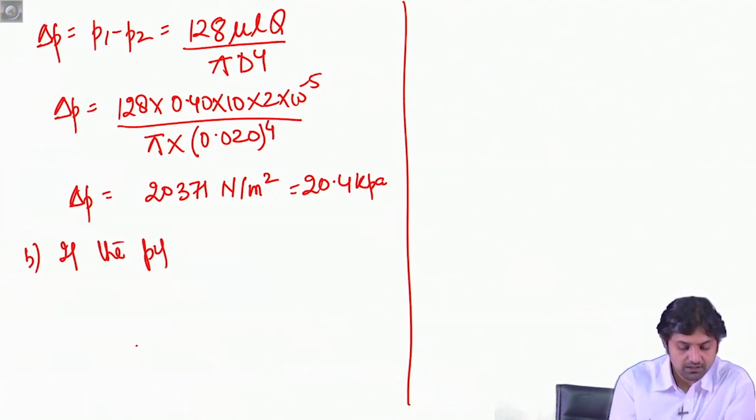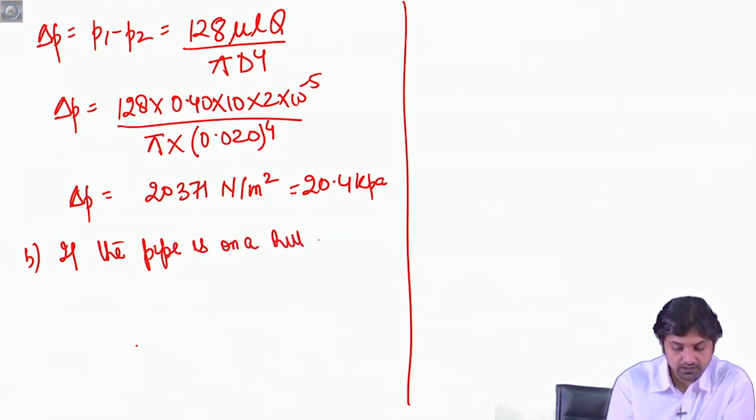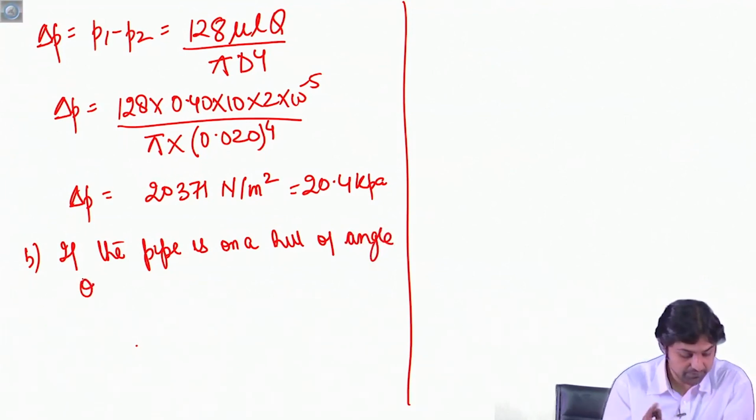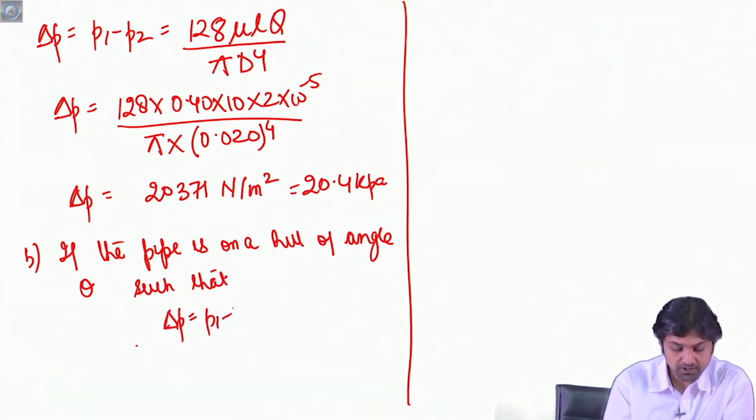if the pipe is on a hill of angle theta such that the pressure drop P1 minus P2 is equal to 0. All right. So for this